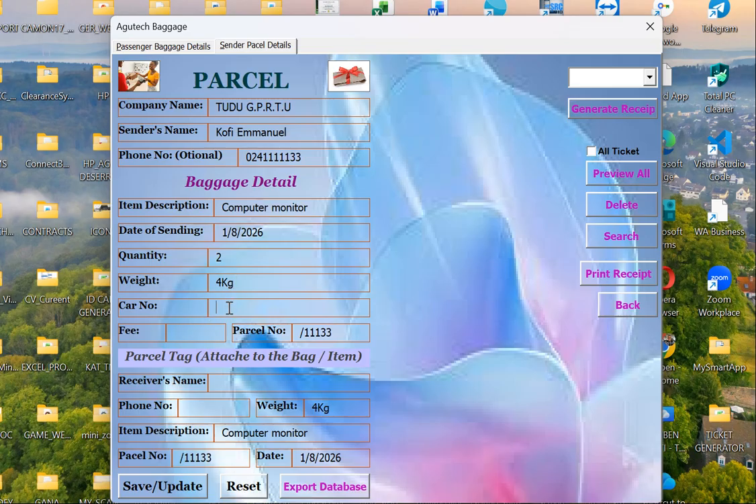Car number, so the car that is sending the item, we put the car number there. That's GR-188-24. Okay. Then the fee they are charging the person, let's say 60 cedis. Then the receiver, who is receiving the item at the destination where the car is going. So let's say Efia Kwatin, and the phone number of Efia Kwatin is